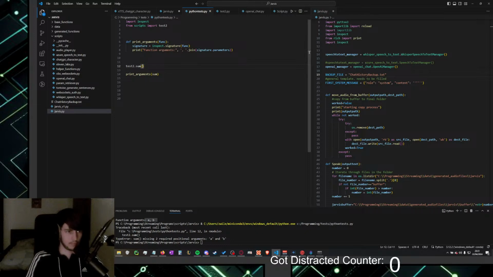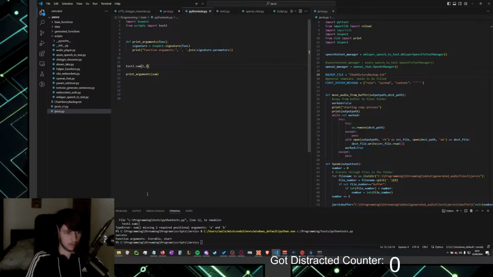1, 2. That seems okay. Success. Function arguments iterable and start. What? Test2.sum. Does this work? Oh, A and B. I don't know where it got iterable.